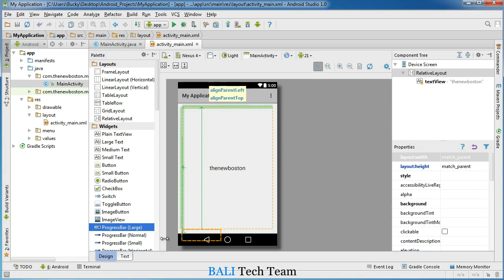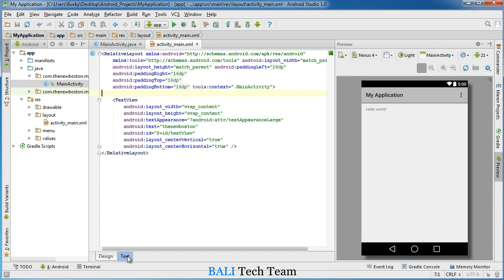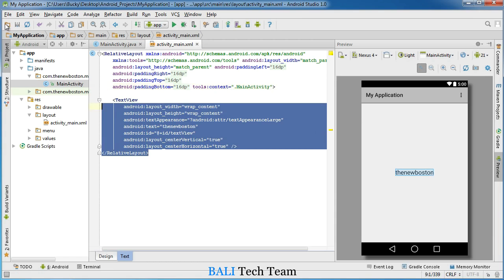Now again, you can either do that in design mode or text mode. So whenever you click text mode, it actually shows you a little preview right here, which is actually nice. So let's go ahead and just add one little property. So in your XML file right here, just so